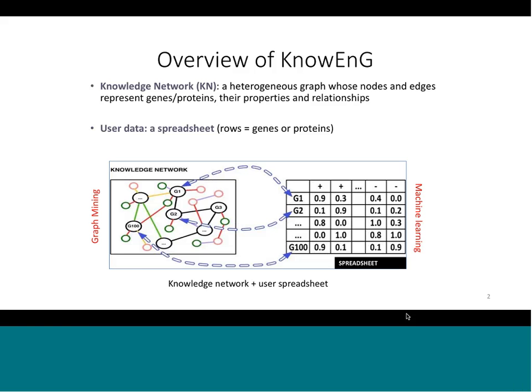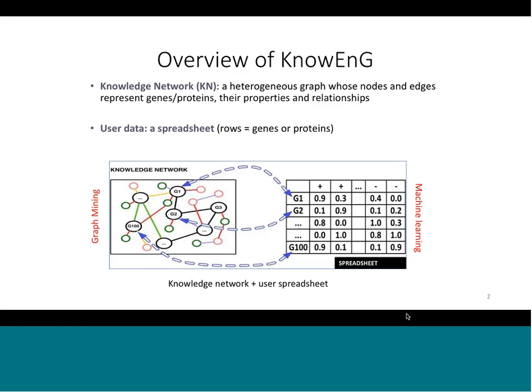So that's a way for us to store a large body of prior literature as curated in various databases, literature and other data sources that have led to the creation of various databases. We create our own copy of an integrated version of these different data sources and store it all in a large heterogeneous graph. And this is going to serve primarily as prior knowledge to inform our analyses of user